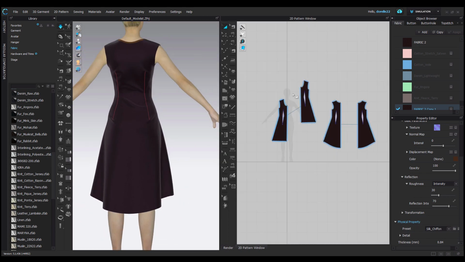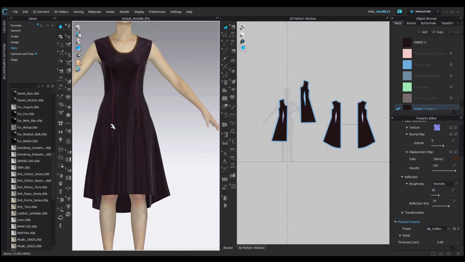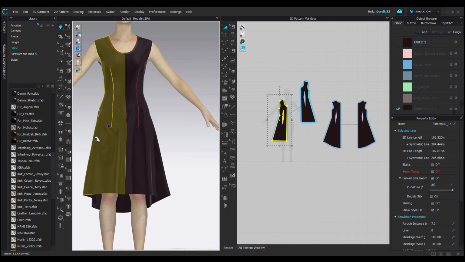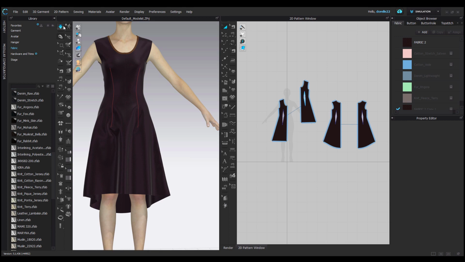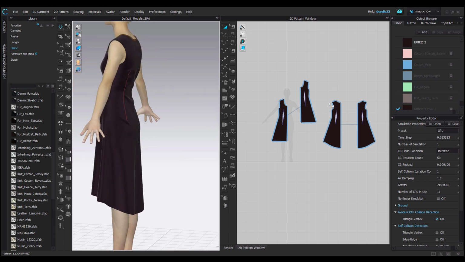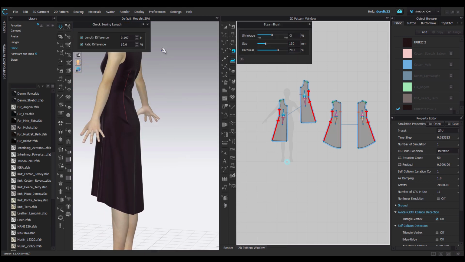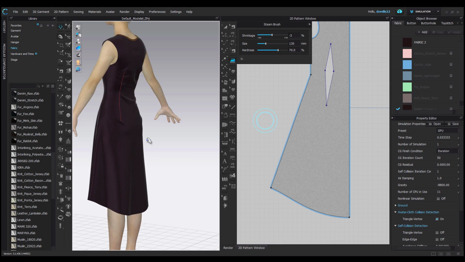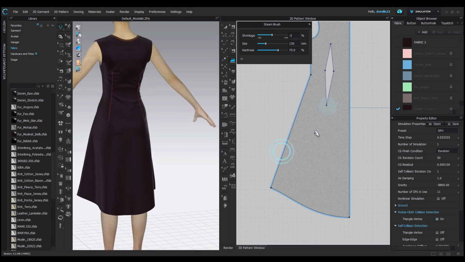So now let's talk real quickly about the darts. So let's get this garment to maybe change the fabric a little bit. When you want the fabric to drop down quicker, always use your simulate in GPU, and then you can go back to your regular simulation. But let's take out some of this fabric in the darts.